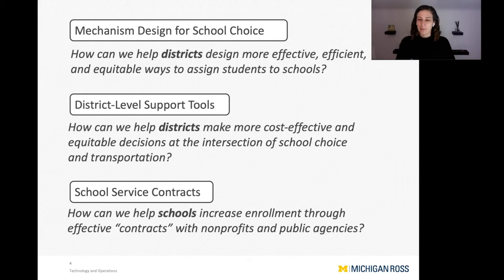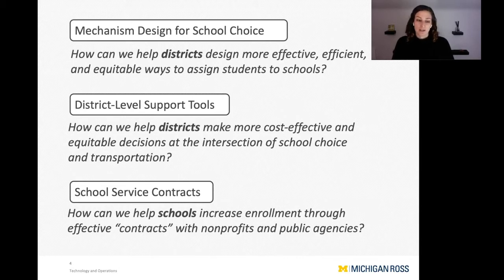All these things are embedded, but these are kind of like the 2.0 versions that come from these market reforms. And so the first one is how can we help districts design more effective, efficient, and equitable ways to assign students to schools? The second area is in district level support tools. How can we help districts make more cost-effective and equitable decisions at the intersection of school choice and transportation? And then the last